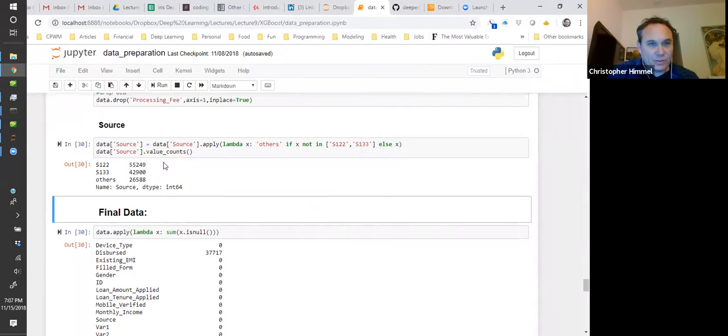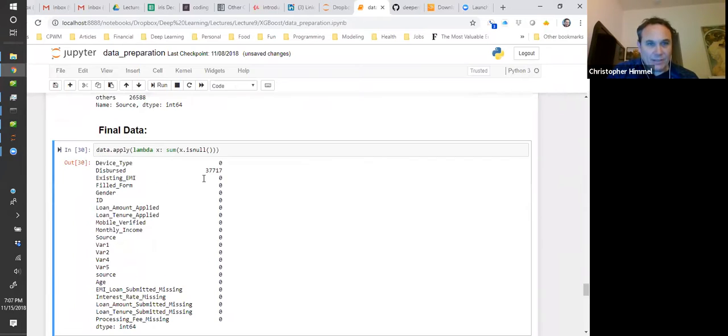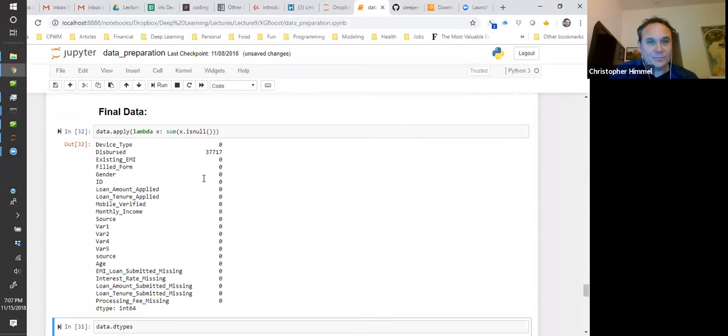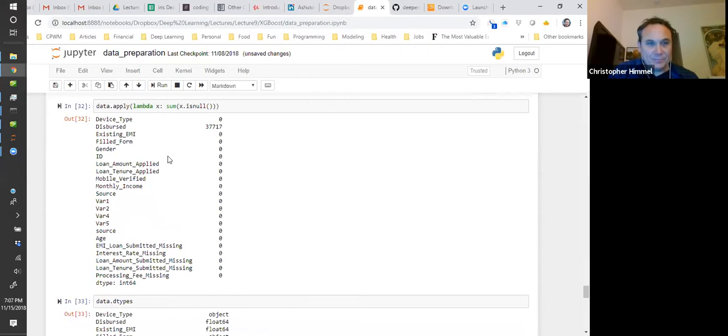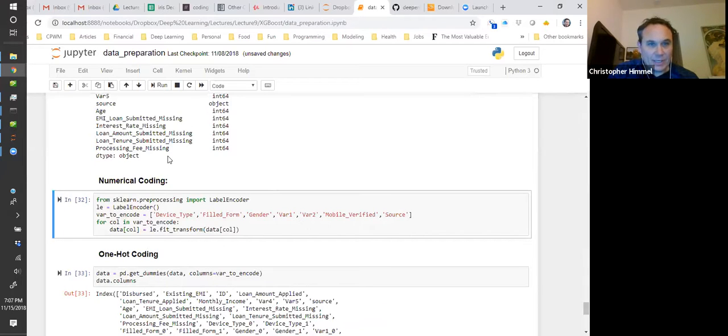Okay, so source. So it's for where it was missing, they changed it to others. Okay, so what the final data looks like is this. Okay, so they still have nulls in dispersed. Okay, so now